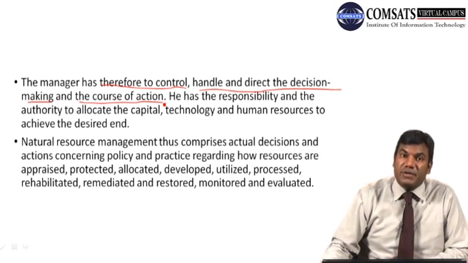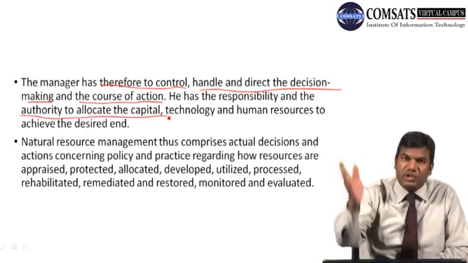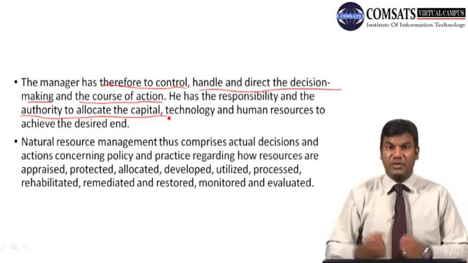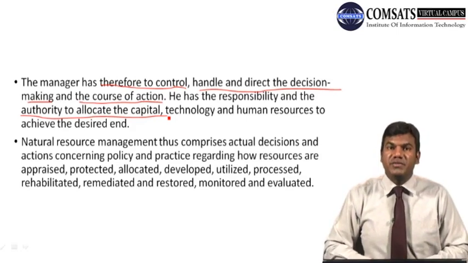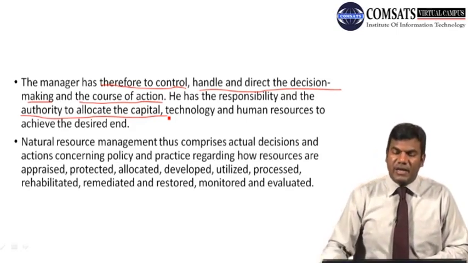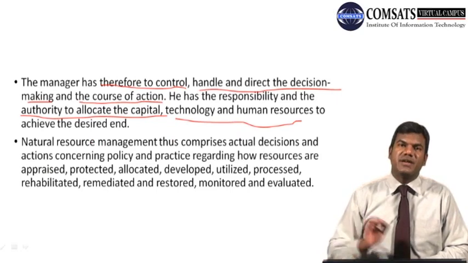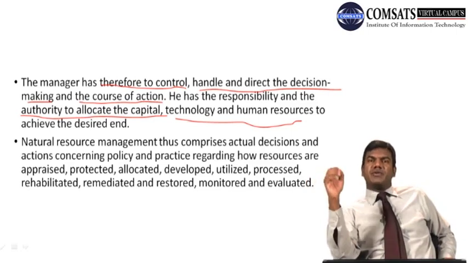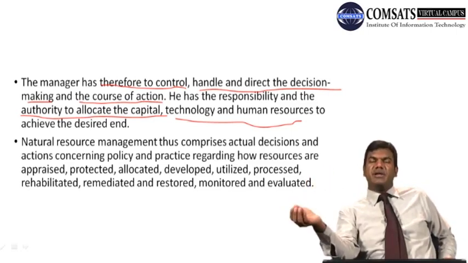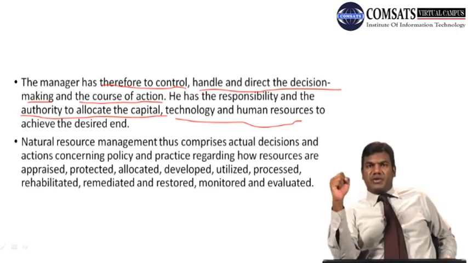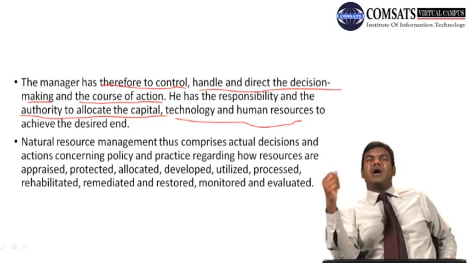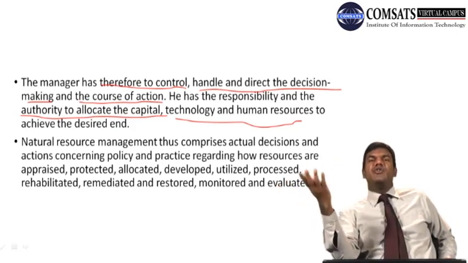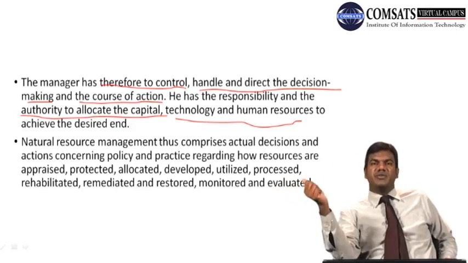Then अब इस मैनेजर की रिस्पॉन्सिबिलिटी क्या है, द पर्सन हु इज मैनेजिंग थिंग्स। नंबर 1, ही हैज अथॉरिटी टू एलोकेट द कैपिटल, डिवीजन ऑफ लेबर कर रहा है, डिवीजन ऑफ कैपिटल कर रहा है, उसके पास अथॉरिटी है। मैनेजमेंट के लिए आपके पास कंट्रोलिंग लाजमी है। देन ही हैज द टेक्नोलॉजी एंड ह्यूमन रिसोर्सेज, टू अचीव डिजायर्ड एंड। इफ यू सी प्लानिंग में, मैनेजमेंट में ऑब्जेक्टिव का बहुत इंपॉर्टेंट रोल है, क्योंकि वी आर टॉकिंग अबाउट फ्यूचर, कि हम अचीव क्या करना चाहते हैं, ठीक है। सो यू नीड टू हैव अथॉरिटी, यू नीड टू हैव कंट्रोलिंग, यू नीड टू हैव पावर टू एलोकेट द कैपिटल, टेक्नोलॉजी एंड ह्यूमन रिसोर्सेज, टू अचीव दैट ऑब्जेक्टिव।